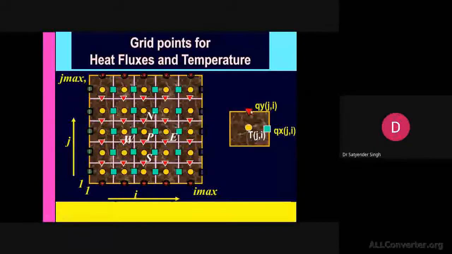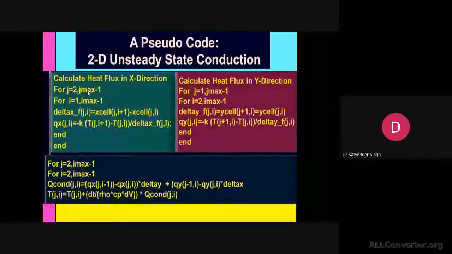So this red triangle is indicating the flux in the y direction, and here they will be graphically represented like so. They are the fluxes in the x direction, and there are fluxes in the y direction. And these yellow circles are the cell centers where temperature has to be kept, and for that we have to carry out the solution. And these circles are indicating the boundary nodes where we have to apply the boundary condition. Let's see how it can be implemented in the form of a code.